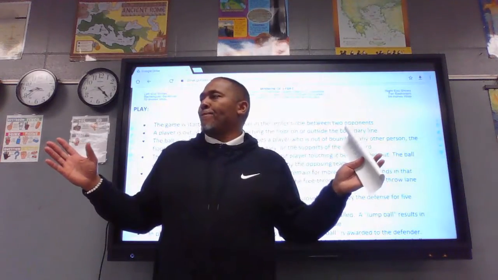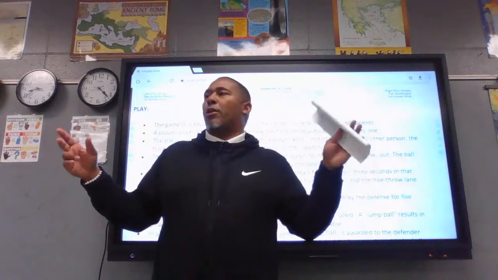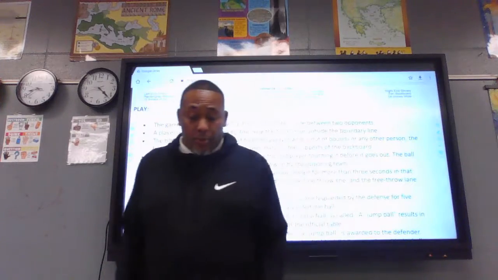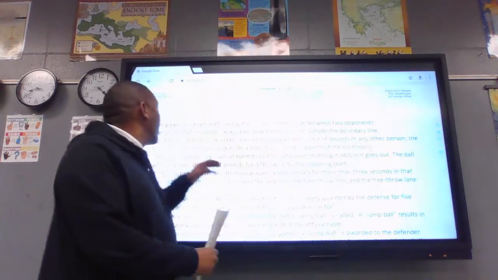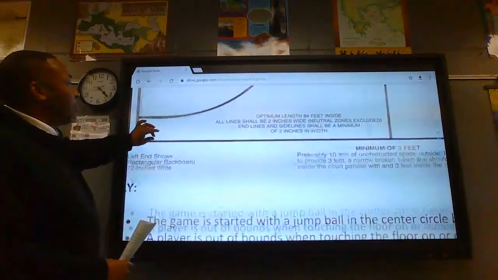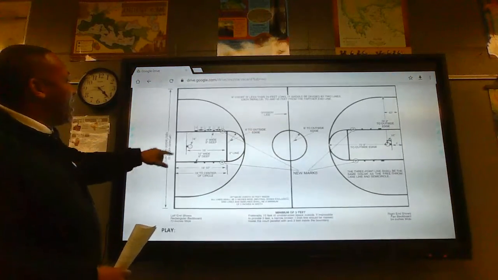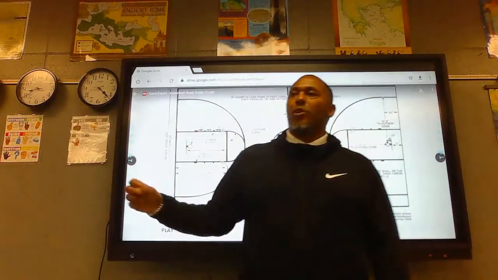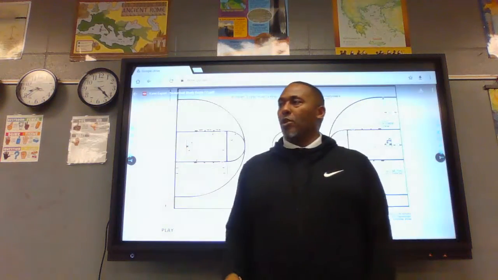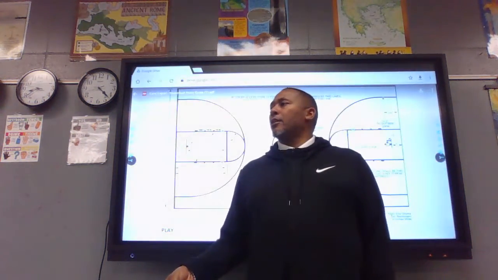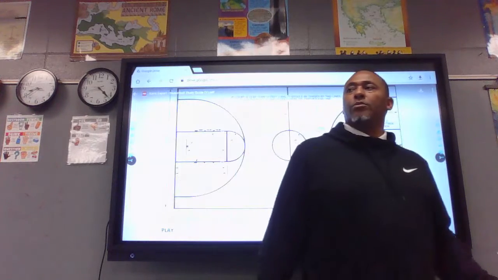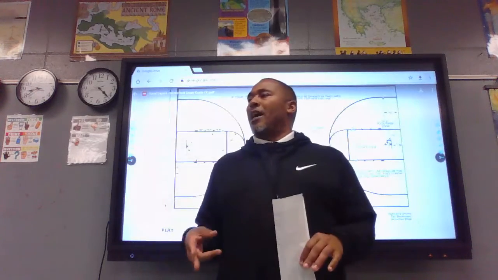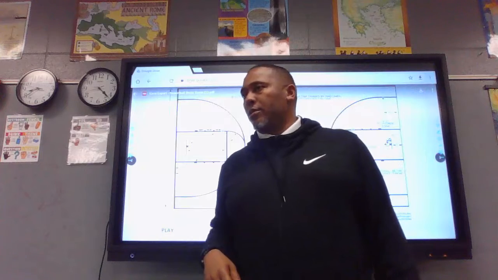Players hate this. All players that I've coached or players that I played with in my lifetime, they hate that call. You know why? Because part of your foot could be inside of this lane. If your foot is inside of this lane the whole time, that referee is going to be standing right here in the back, and he's going to count 1, 2, 3. You got to be in and out. If you're standing in the lane more than 3 seconds, that's a violation, and that ball goes to the opposing team.